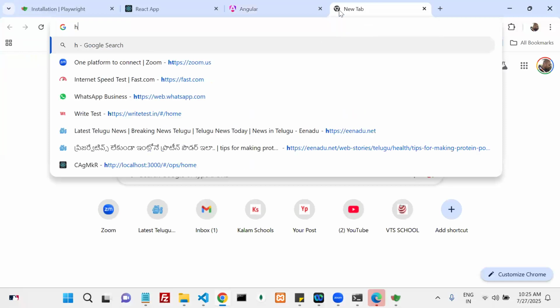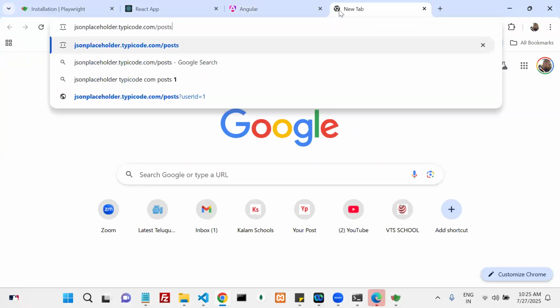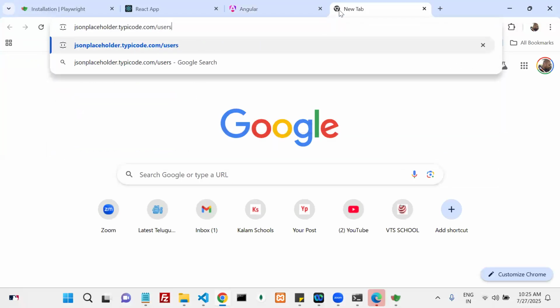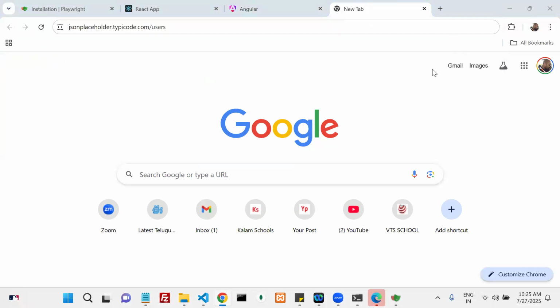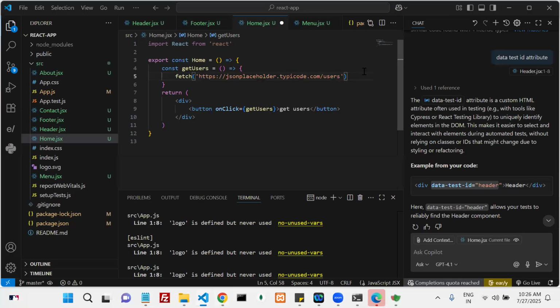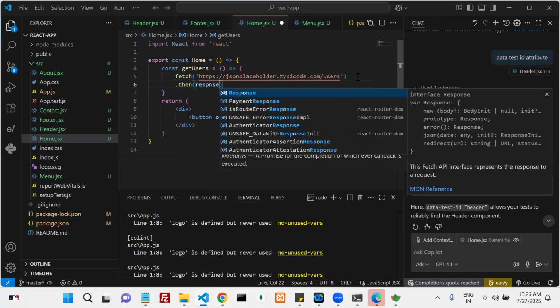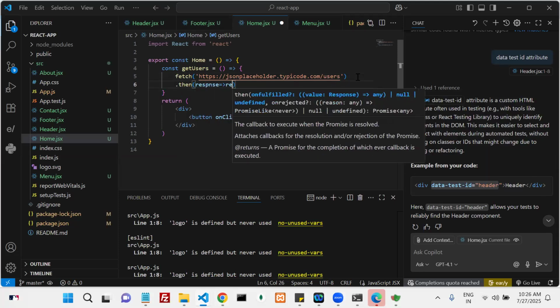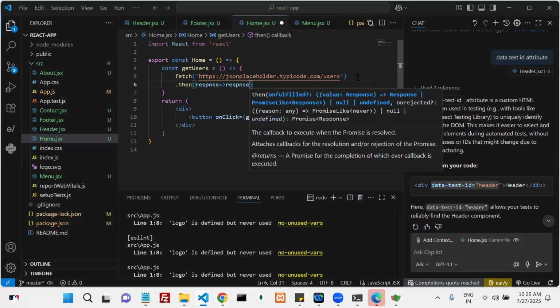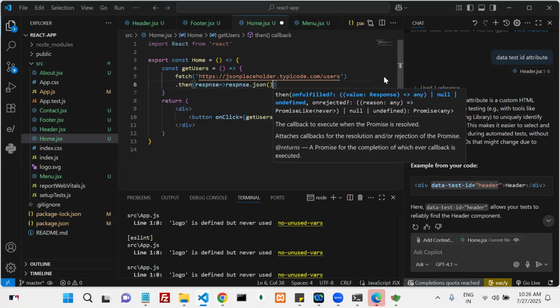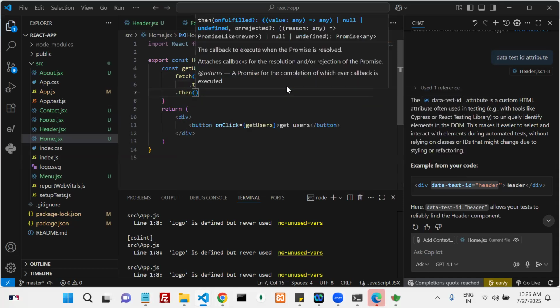HTTP JSON placeholder, you can take it. Just take users, Control A, Control C. This is the one. Then it gives me the response. My response dot JSON. It's the one. So after that, you can get then you can take your